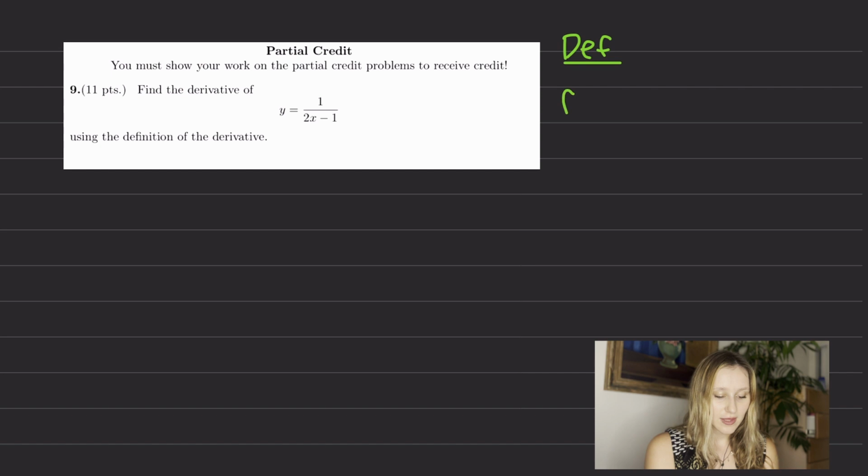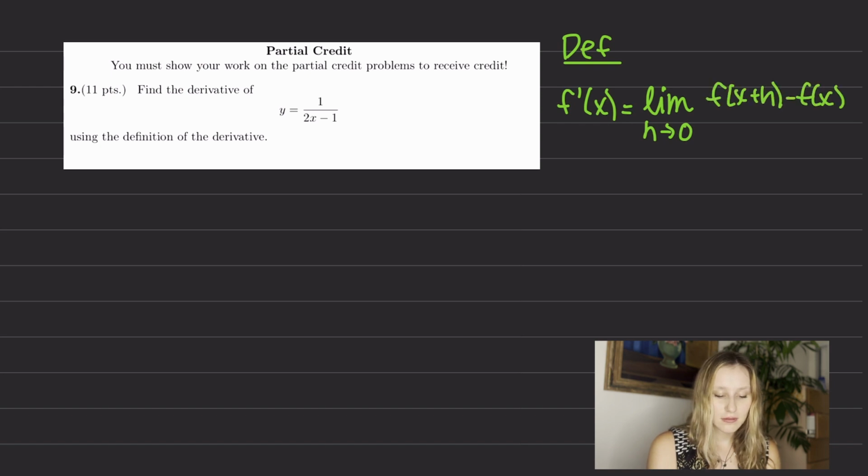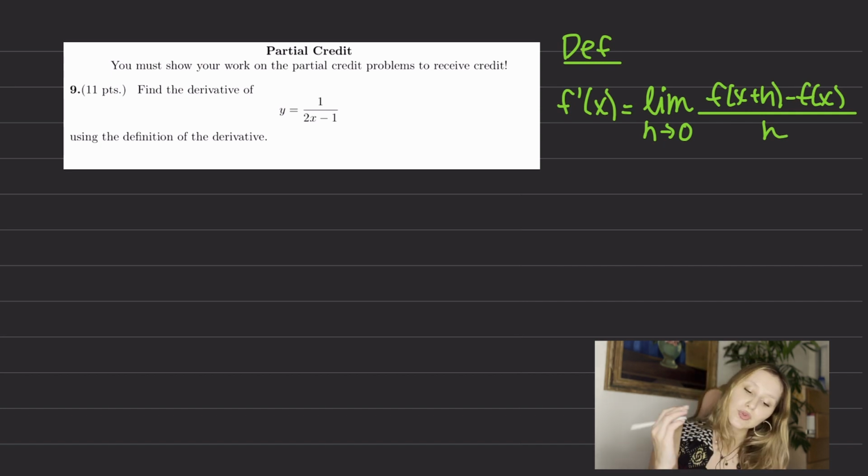Definition of the derivative is this, this is just something that you have to know. So knowing that, we are going to do it. So this is equal to f of x. So f prime of x is equal to